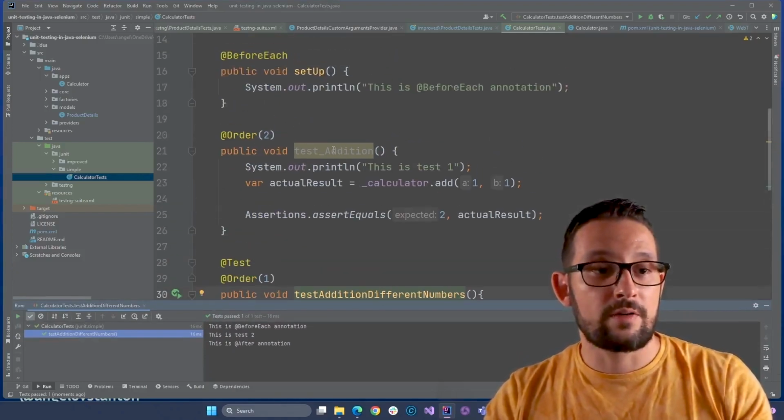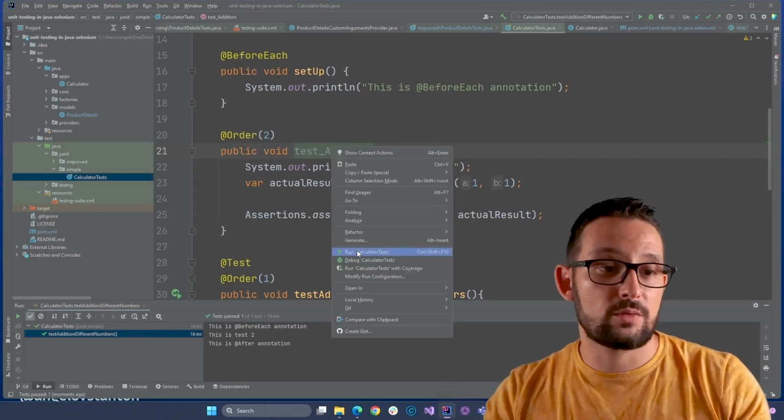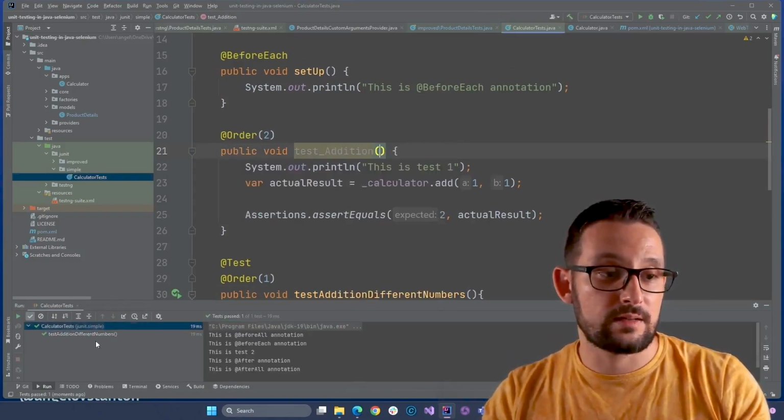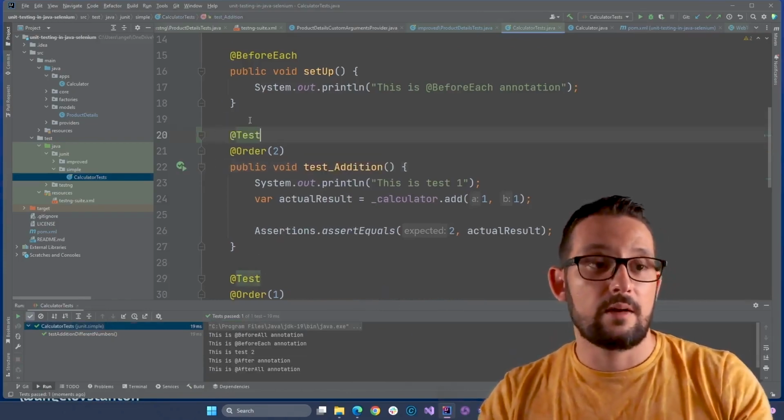Now, however, you will see that we cannot execute this test here because we haven't marked it as a test. So we need to do that. As you can see, it's not displayed here. So we need to mark it again here. Another